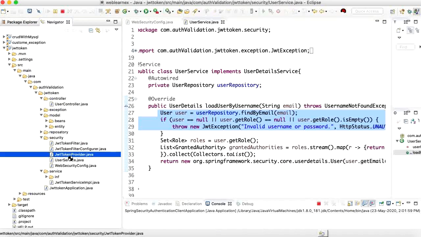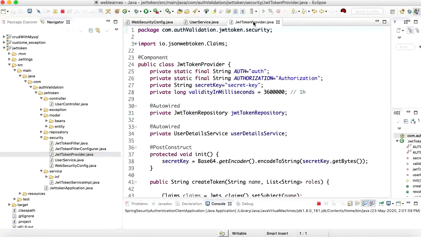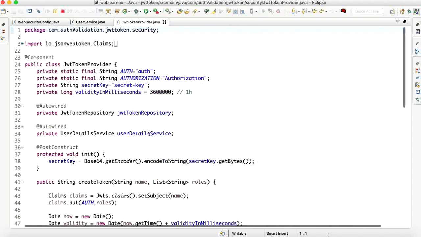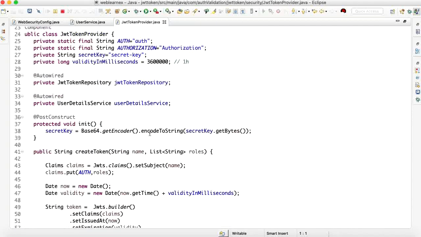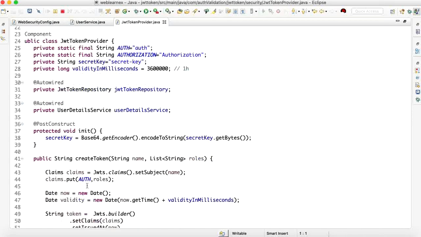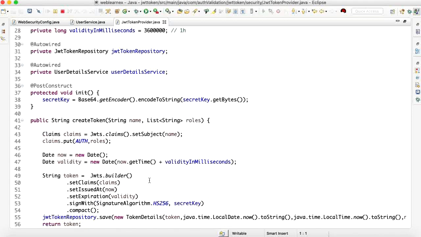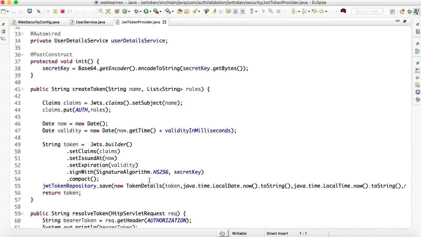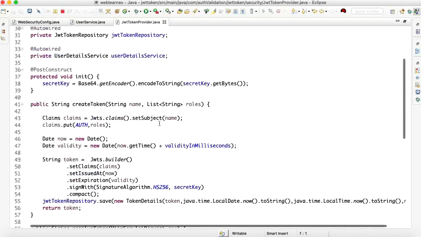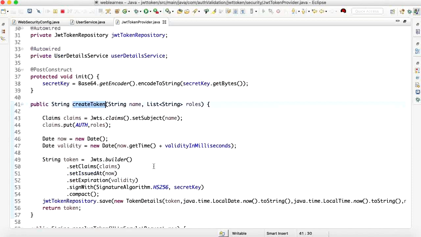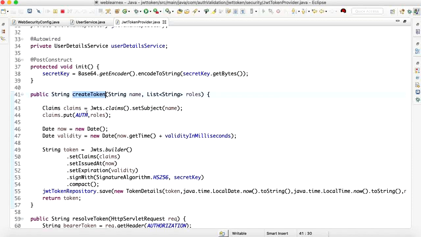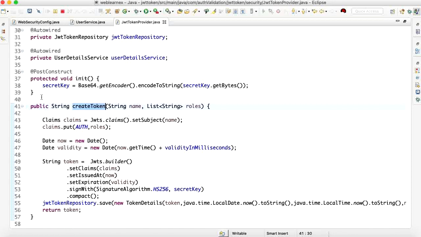The third one is the JWT token provider. The main code is here. This code is responsible for creating the JWT token, token value, security, and expiry time. This is the method to create the JWT token. Once the user is logged in with the user information and role, it first checks all the user information.